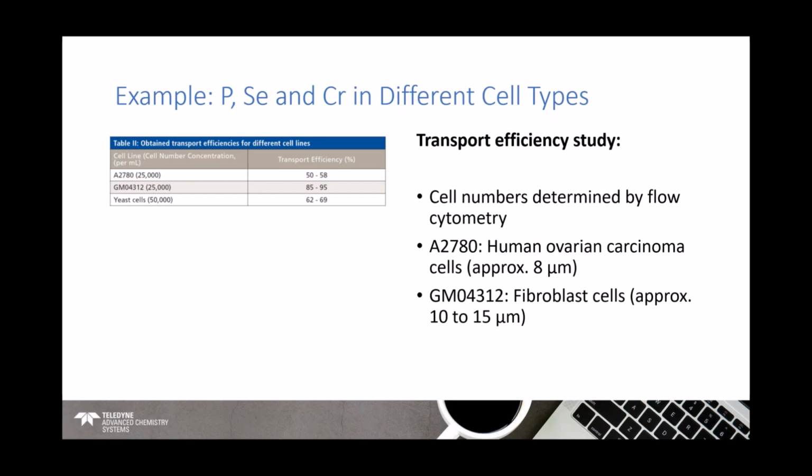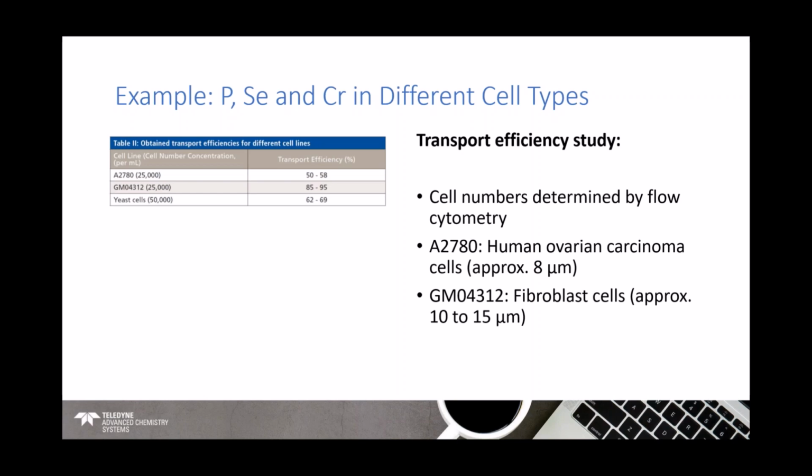So they have looked at some human ovarian carcinoma cells, with a cell size of approximately 8 micrometers in the largest dimension. And for those cells, they were finding transport efficiency of around 50 to 58%. So that's 50 to 58% of the cells that were in their sample vial or the sample tube or the well plate, 50 to 58% of those cells were surviving the process of uptake and introduction through the nebulizer and spray chamber